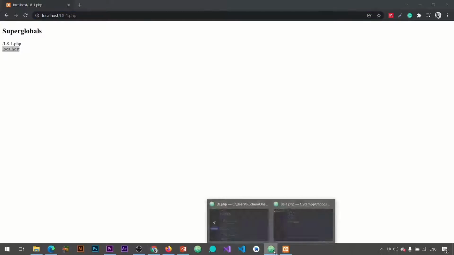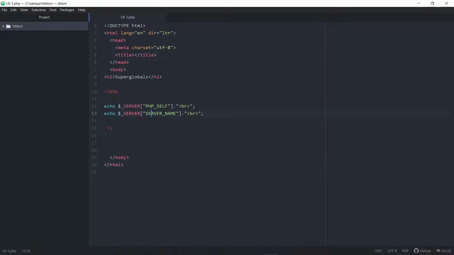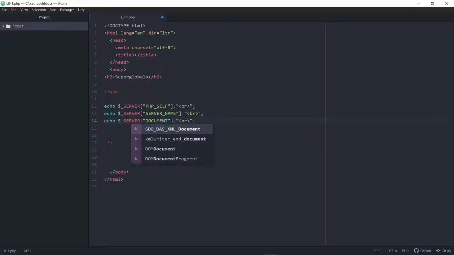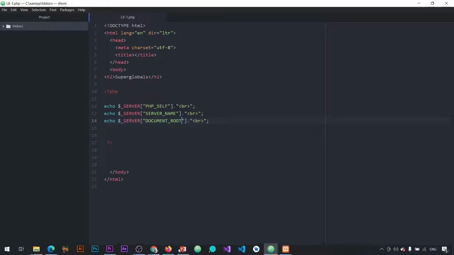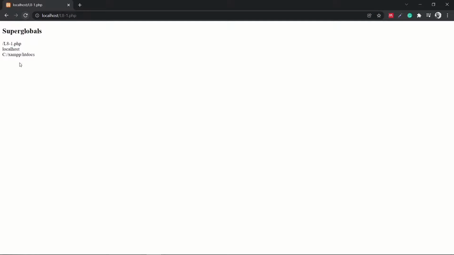So what else can we do with the server superglobal? Let's actually try a couple of other examples. So I'll copy this, I'll paste this over here, and now I'll call document root. Save this, hit back over, refresh, and I can get the exact path directly from the C drive where my script is located. So here we have the script name, and here we have the exact path as to where